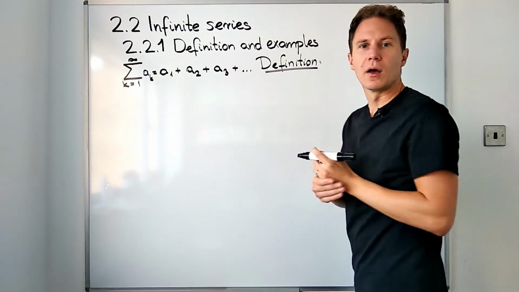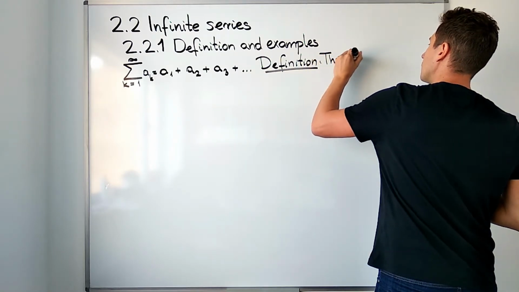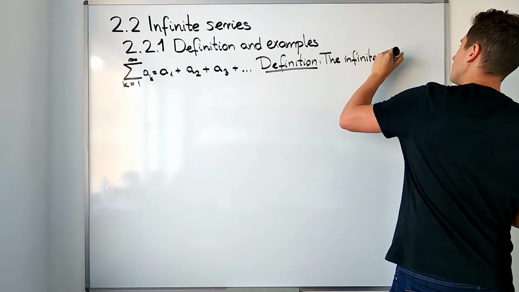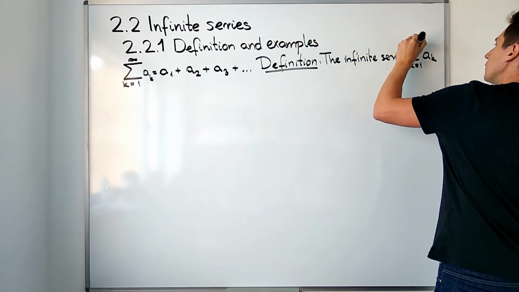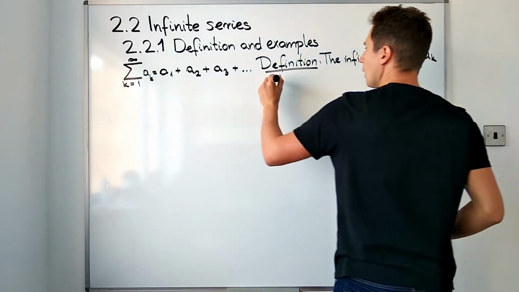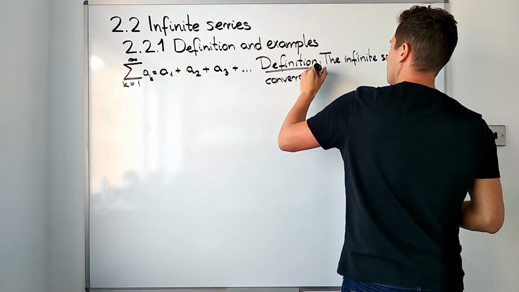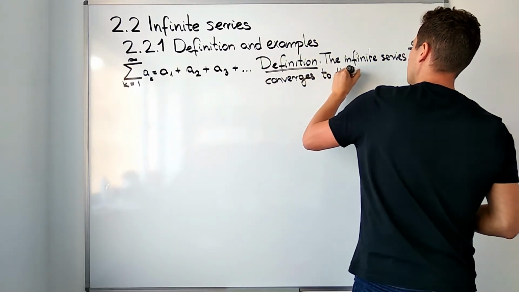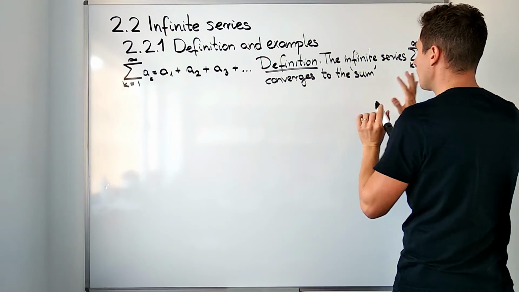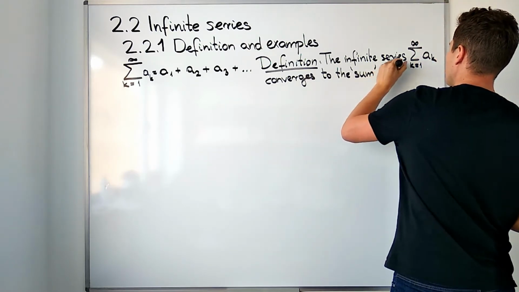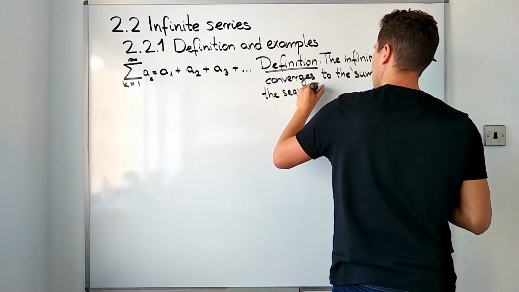We'll say that an infinite series, that is the sum of a_k with k going from 1 to infinity, so adding up all terms in a sequence, converges to the "sum", well, let me put some quotation marks around the word sum, if the sequence of partial sums